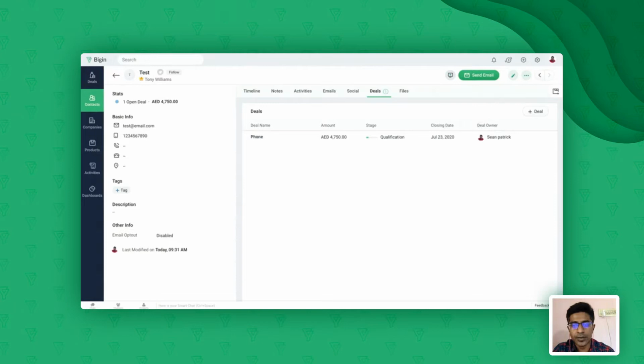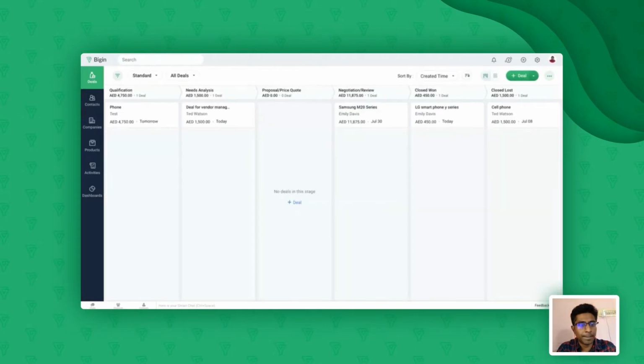And see. So right now, once you save the deal, you will actually be able to see it from within the contact record itself. And if this contact comes back to you, say at a later point of time, so let's say after a week or a month to buy something else, you can straight away go here, create another deal, and save it here itself. So that way, you will have a history of all the deals that you have with this specific contact.